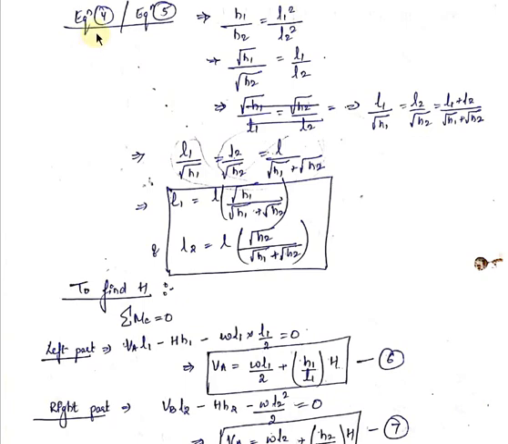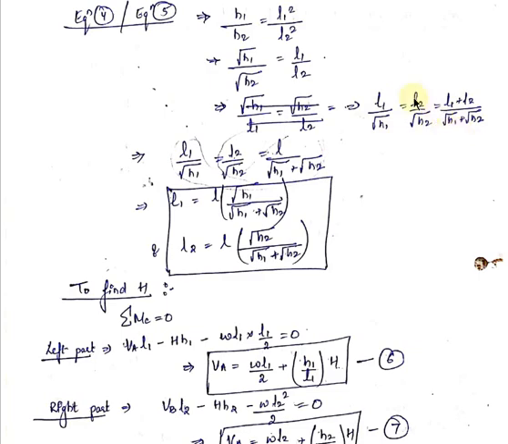Now coming to the next part. We will divide equation number 4 by equation number 5. We will get this equation. Now taking square root on both the sides, we will get root h1 upon root h2 equal to square root of L1 square, which is L1, and square root of L2 square, which is L2. So L1 upon L2. From here I can find out the ratio of L1 upon root h1. If I bring root h1 here and L2 here, I will get this equation. These two ratios are for two points. And if I want to apply these two equations for the whole arch, I will get this equation.